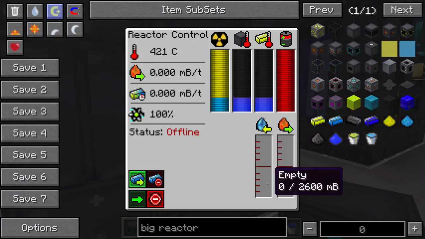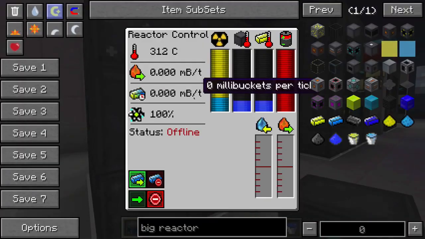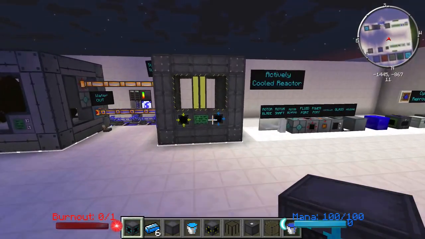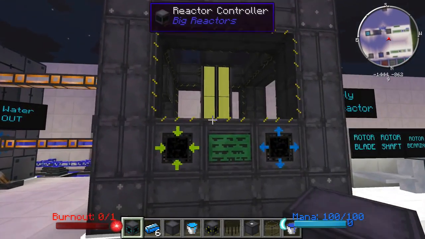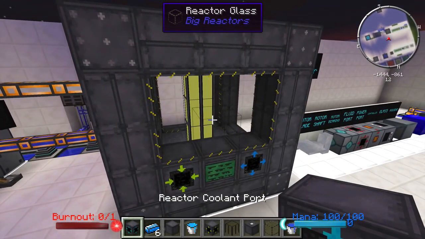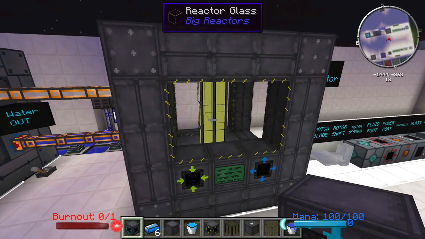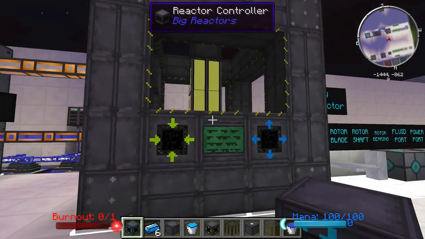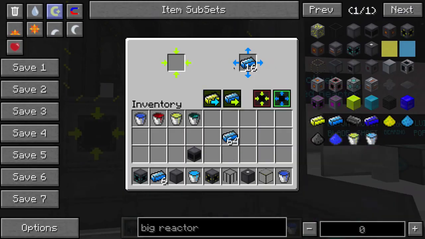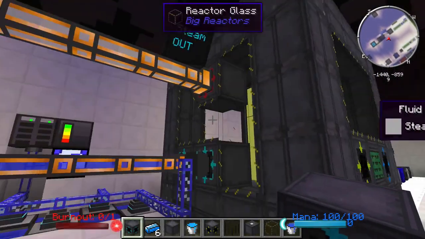So we have the coolant, we have a space for water, and we have a space for steam here, and the whole reactor changes. It goes from passively cooled straight to actively cooled. It totally changes the entire block. So that's why I said there's a big difference between the two. Now the way you set up your reactor is exactly the same, but this one block, this reactor coolant port, will make all the difference between whether your reactor is classified as a passively or actively cooled reactor. It will take cyanite and it'll take yellorium the same way. It will output cyanite the same way, just like your other reactor, except we're going to need these two ports